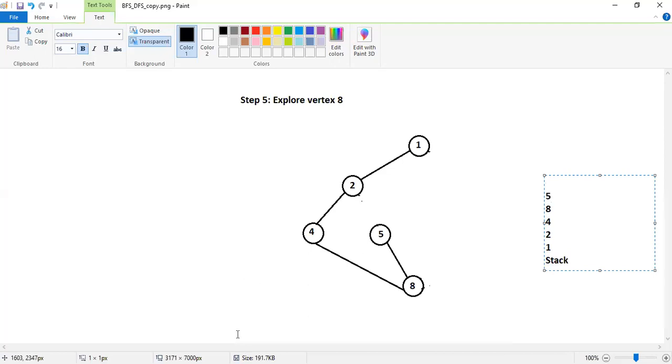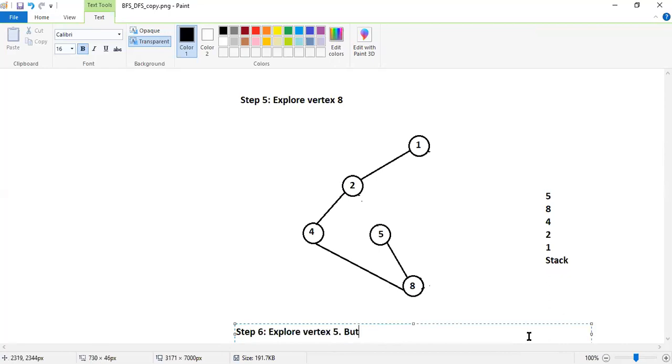Now comes the important step. Step 6, explore vertex 5. The adjacent vertices of 5 are 2 and 8, which have already been visited, not explored.